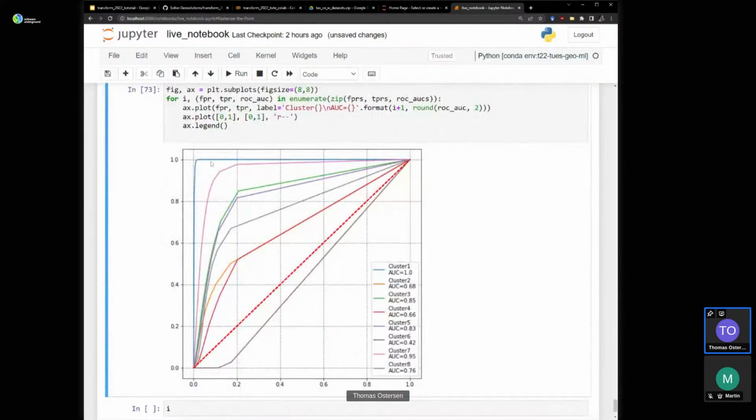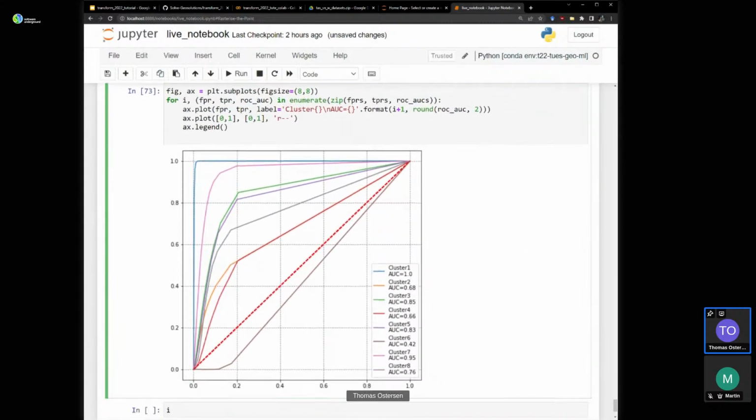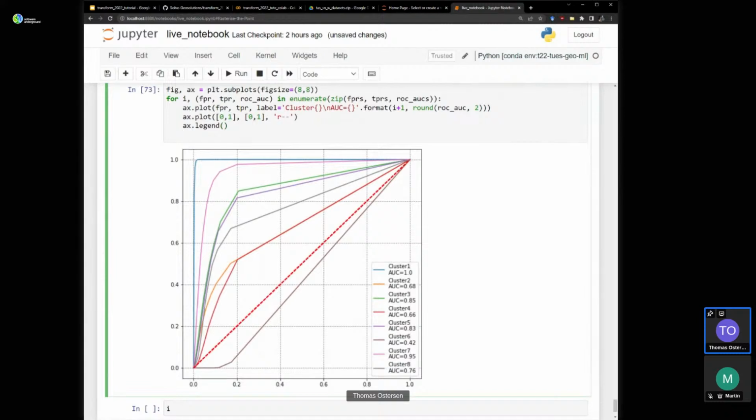I don't believe that cluster 1, but the others I do believe. So what we're seeing here is that we get very different performance metrics for this model for the various clusters when you exclude them from training. And in one case, cluster 6 here, it's actually worse than a random classifier. If I were to guess, I'd say cluster 6 is the cluster that is way up north, far away from all the other clusters.